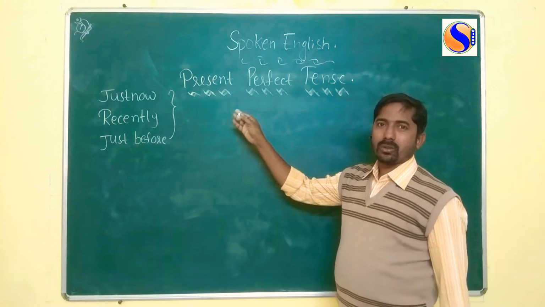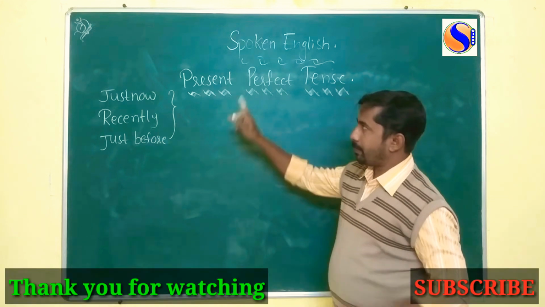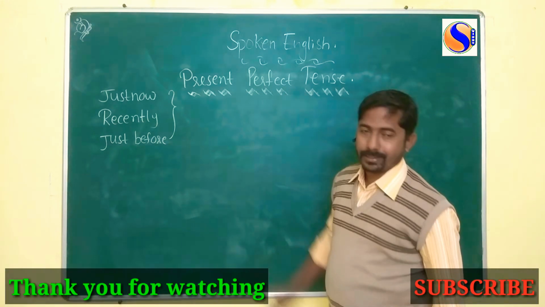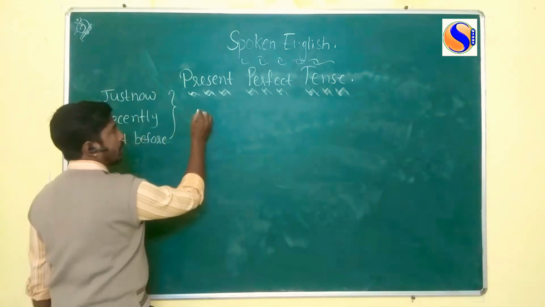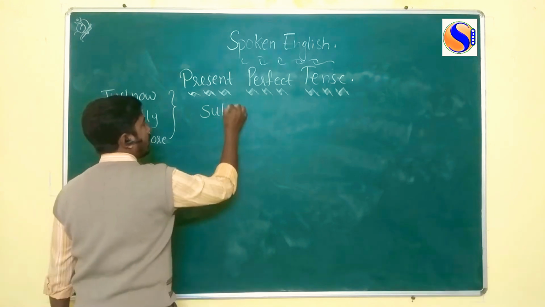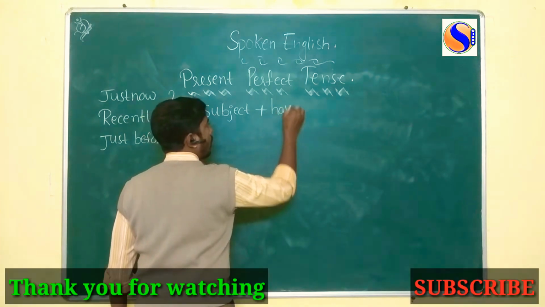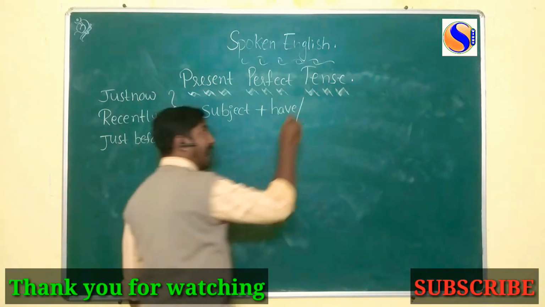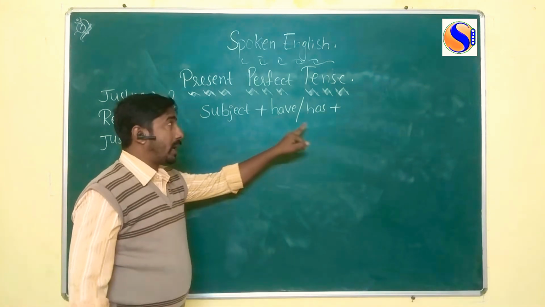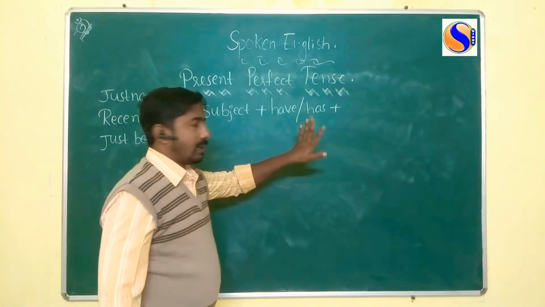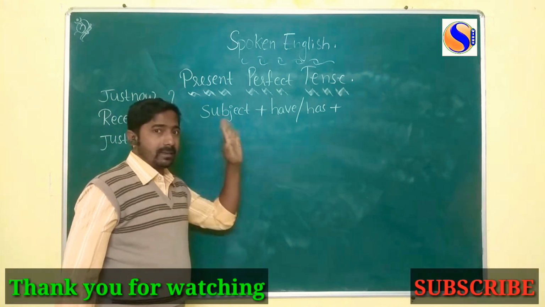Let us concentrate on the structure first of all. What is the structure of present perfect tense? Present perfect tense structure is subject plus have or has. When do we use have? When do we use has? Let us learn later. Subject plus have or has plus